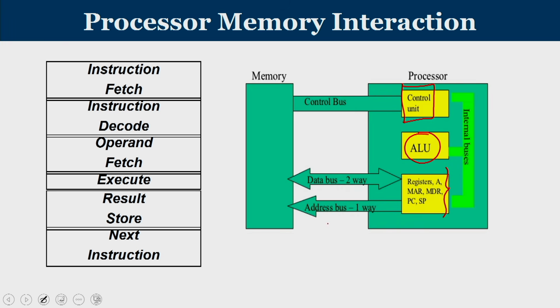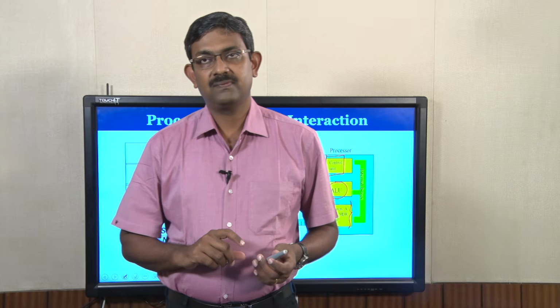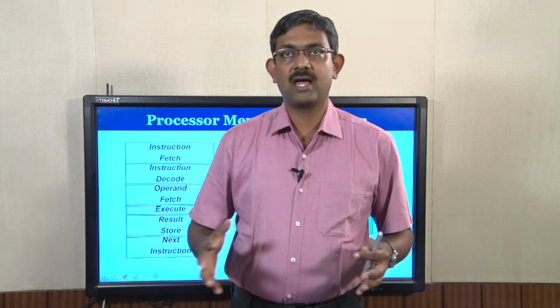The processor is interacting with the memory with an address bus through which the address of the desired location in the memory is communicated, and then we have a data bus through which data is going to flow from the processor to memory and from memory back to the processor. The signals generated from the processor and the response signal from the memory will pass through the control bus. So, it is a unidirectional address bus, and a bidirectional data bus, as well as the control bus which takes care of smooth handshaking of operation between the processor and the memory.